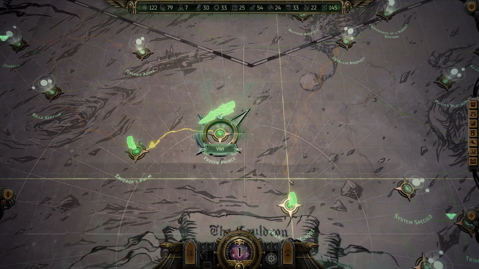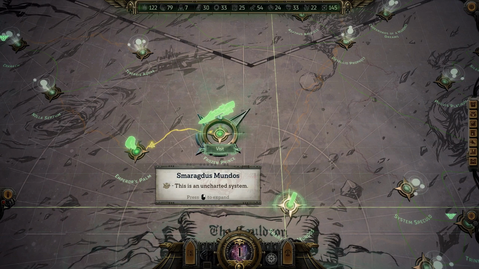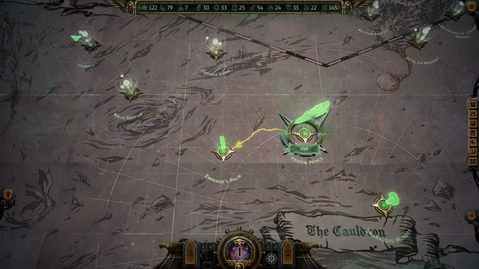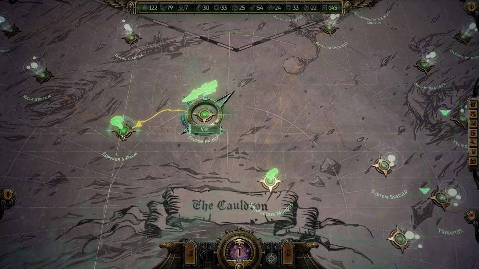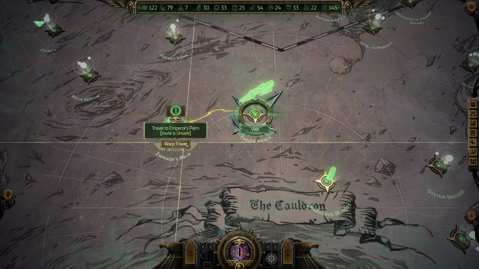So we're done there. Now the question is, do we want to go to Smaragdus. I don't know why it's so hard for me to say. I think we do want to go there. It does mean we gotta make these tough journeys right here again, which is a little frustrating, but...